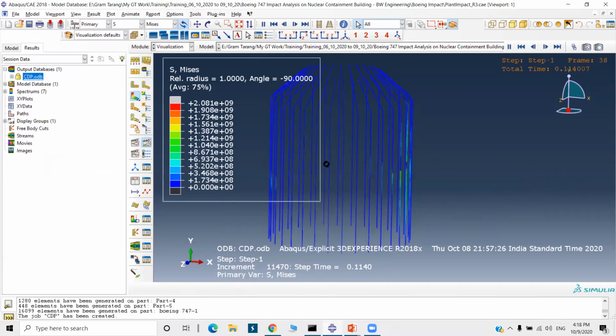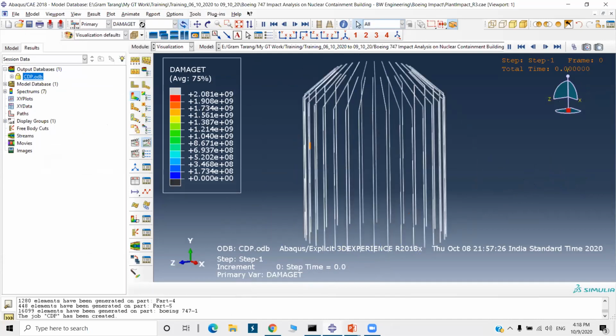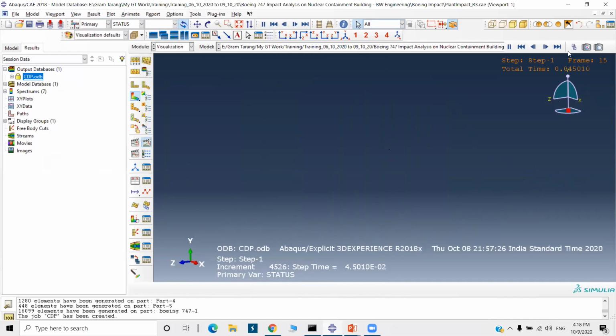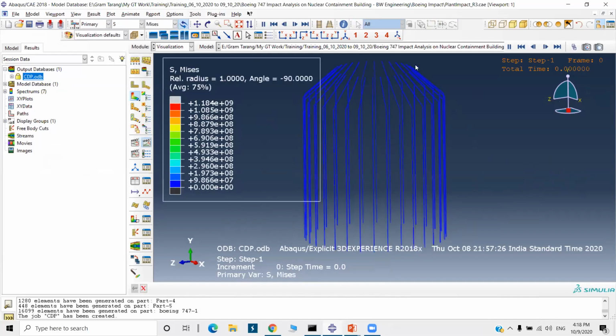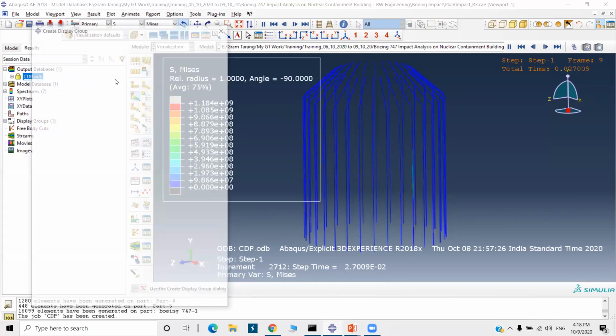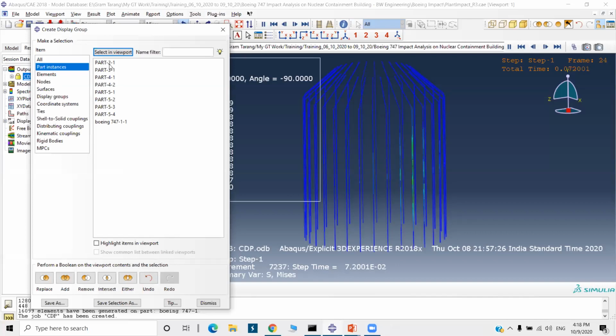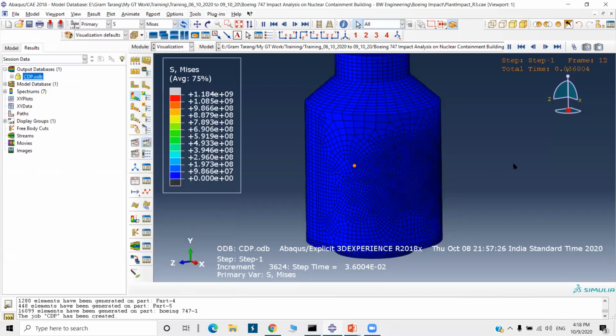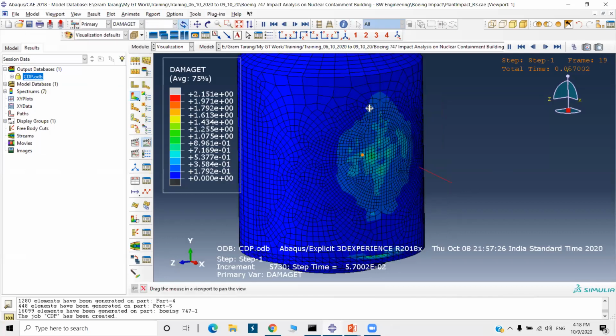You can change here output that you want to see. Or only for part 2, if you want to see, replace it. So you will be able to see this. This location and this location.